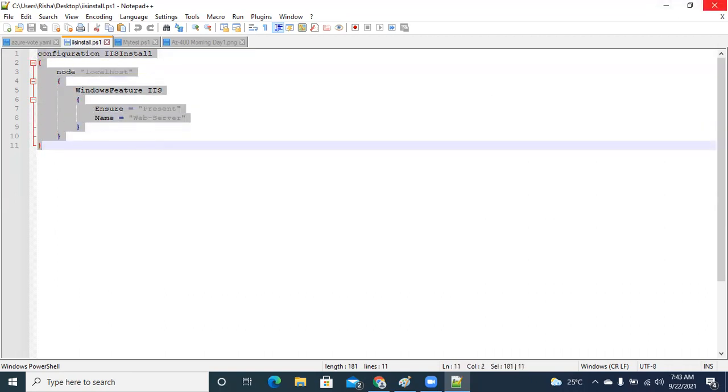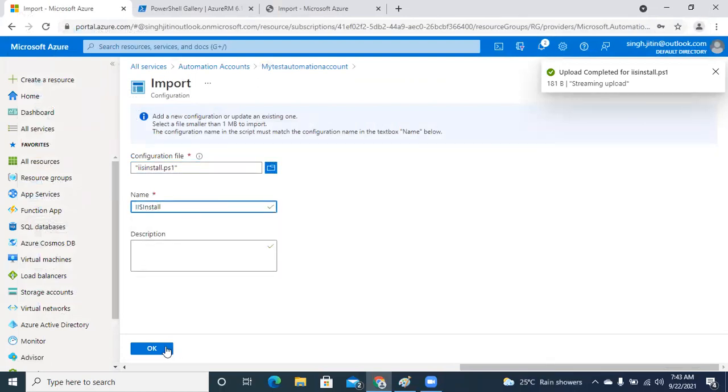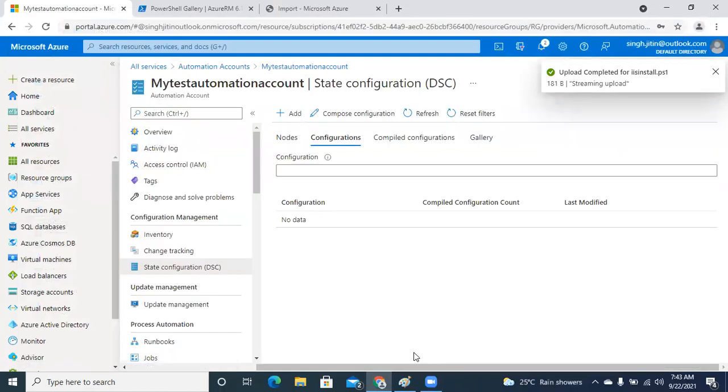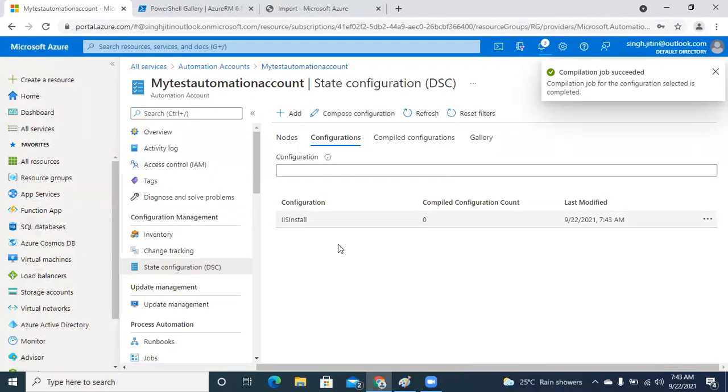And before we execute any script, we need to ensure that there are no issues associated with the script. So for that purpose, we need to upload this particular script over here and we need to compile this script. So I'm just going to upload this script over here now. The moment this script is uploaded, you will be able to see this particular script. So this script is available. Click on this script. There is an option to compile. Click on compile and click on yes. The moment this is compiled, you will be able to see the status over here.